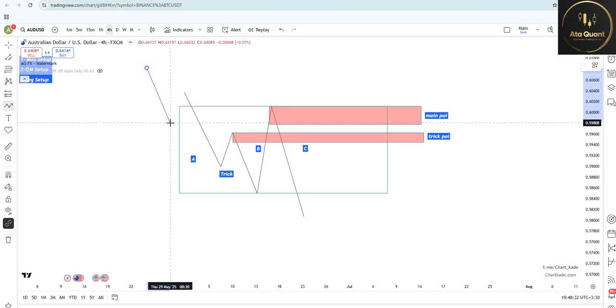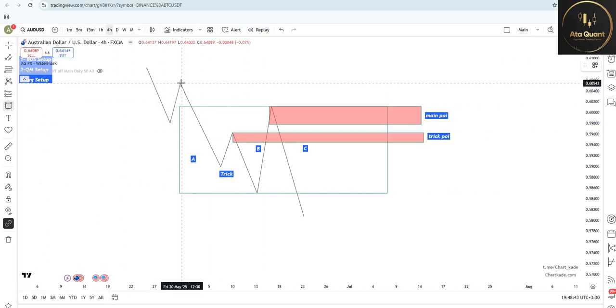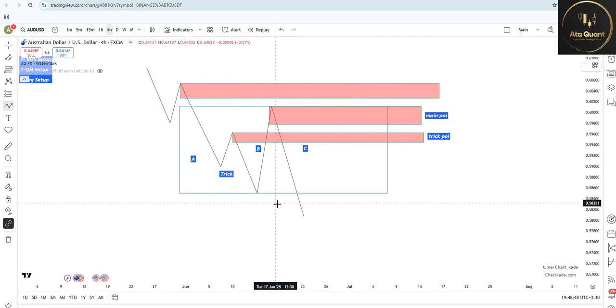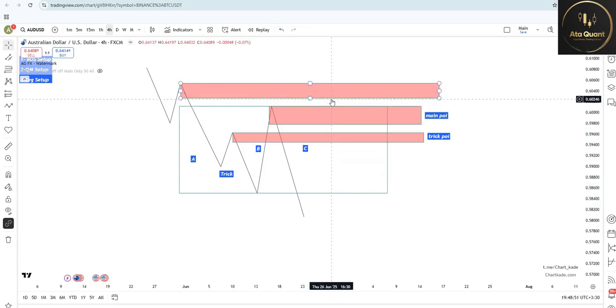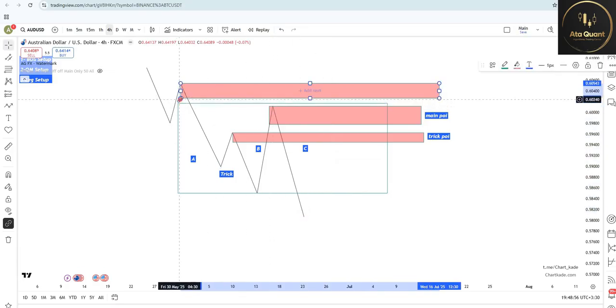Usually our POI itself, our BOS itself, has a BOS parent, meaning before this BOS there is also another BOS. Usually in our setup, it's better to look for trade zones where this hasn't happened yet. That is, if this has already happened, it's likely that both POIs will be invalidated and the market will react from here, and we usually prefer the